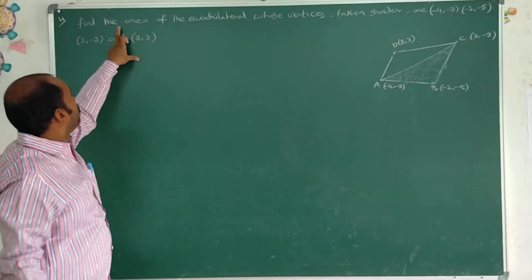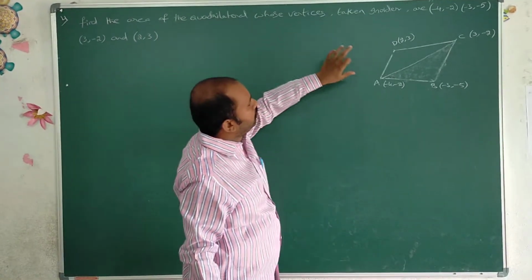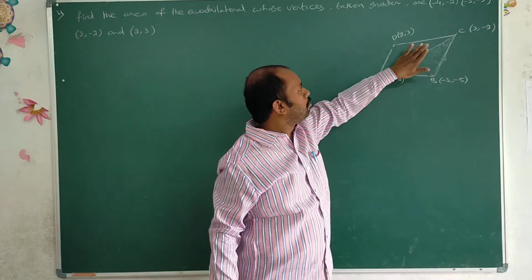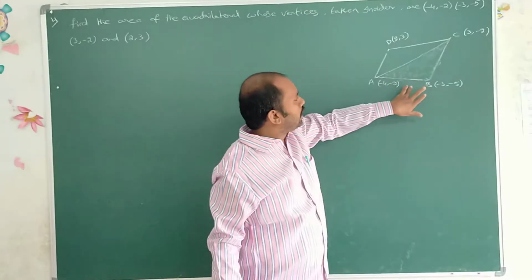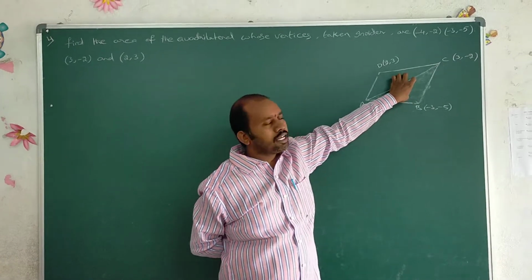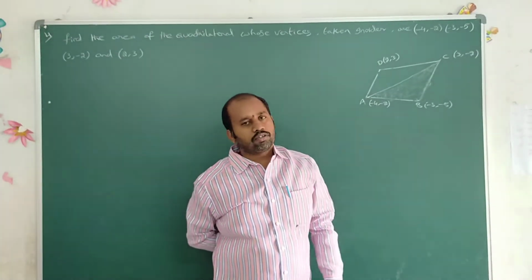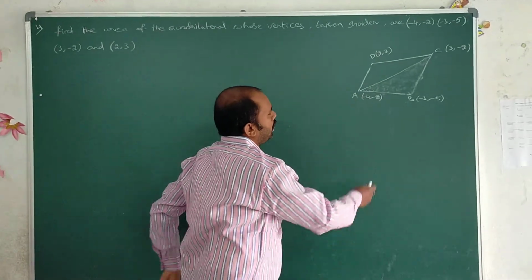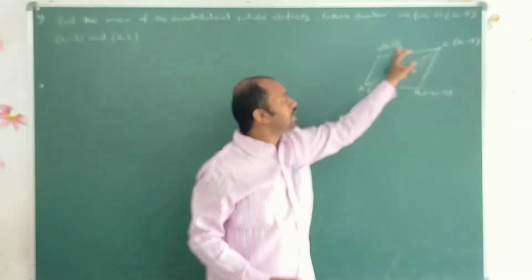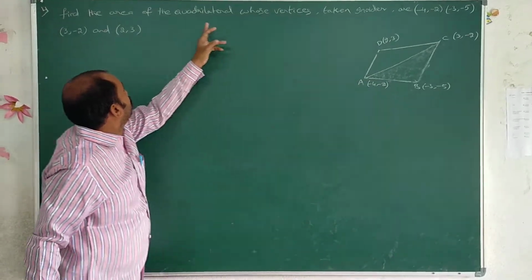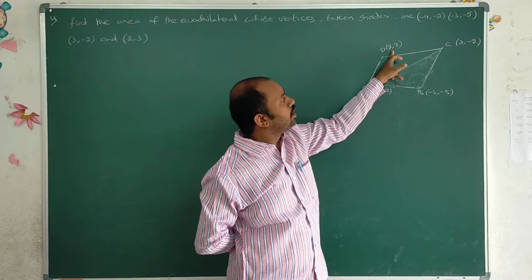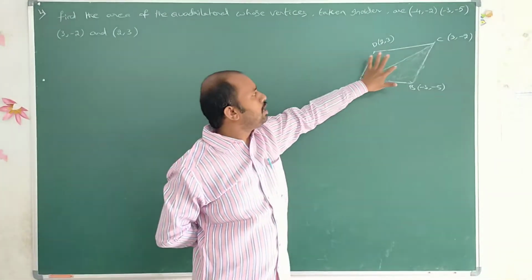Now in the given problem, we find the area of the quadrilateral, which means this total area. That means first triangle plus second triangle. These two triangles are ABC and ACD. The sum of these two triangles is the area of the quadrilateral, because you know the area of the triangle formula. So first find the ABC triangle area. Next find the ACD triangle area. What is given? The vertices of a quadrilateral. What do we find? The area of the quadrilateral.